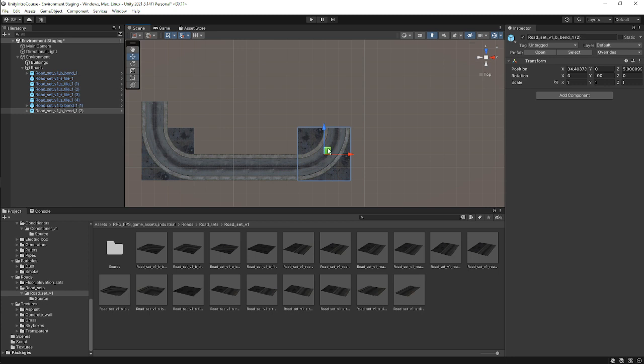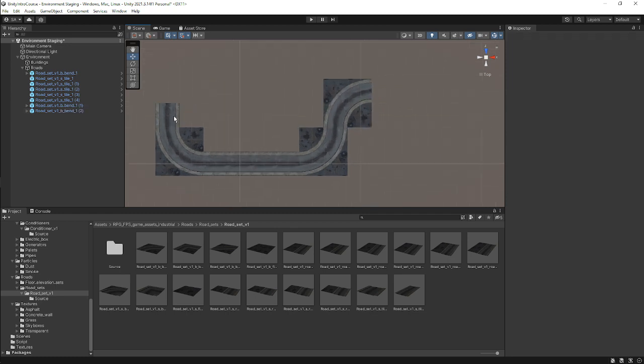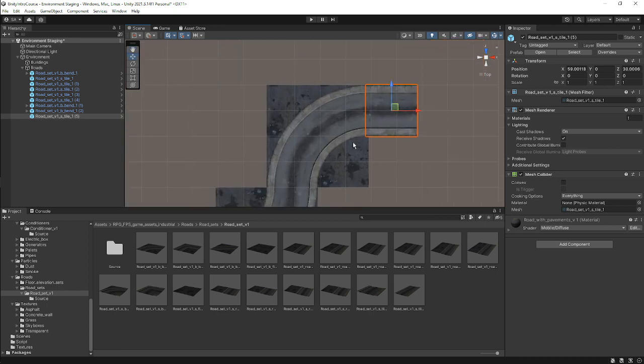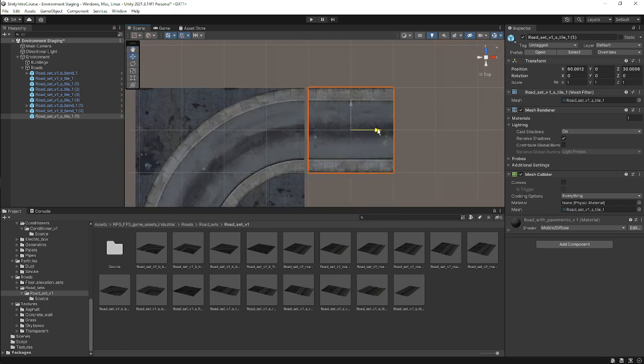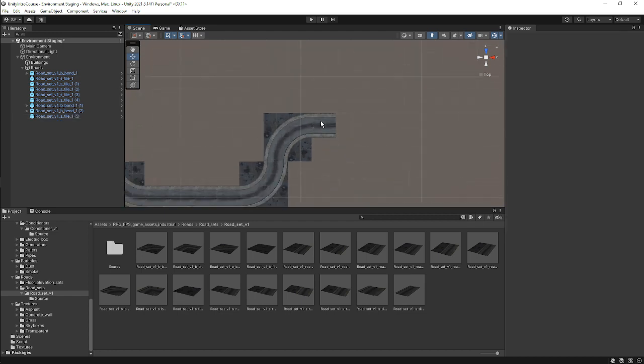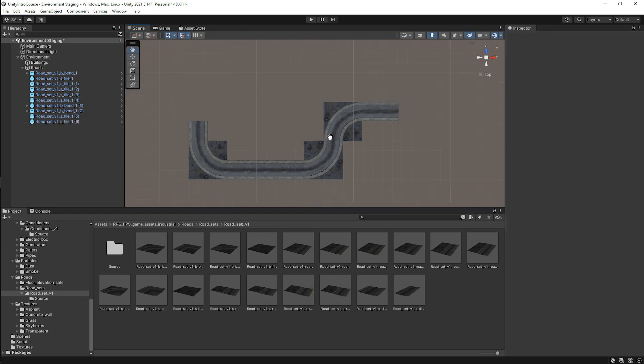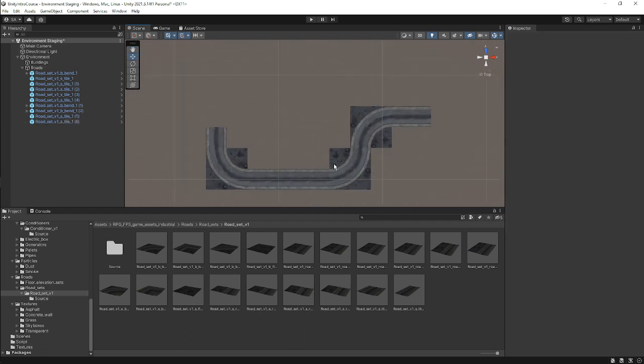So we can duplicate this. Like I said, you would have to think a bit like an engineer trying to set up his environment. Since that snaps, we have this road system going all the way from here to here, and then duplicate this, and bring this over here. You can always zoom in to make sure that what you have looks good, and then duplicate that again, snap. All right, and okay,